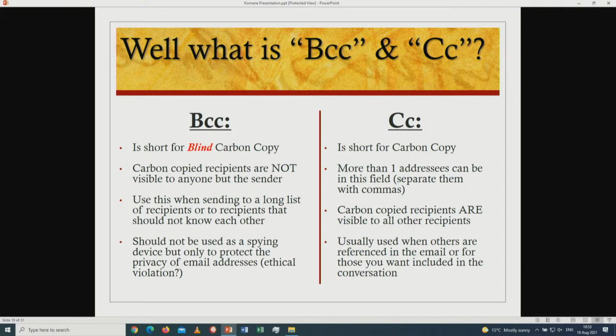Carbon copy, more than one address can be in this field. Separate them with commas, as we have seen earlier with our first slides, when you were sending to more than one person. Those email addresses should be separated with commas. For example, if you are writing to the parents of your learners, it can be jmehwe@telkom.co.za, comma,